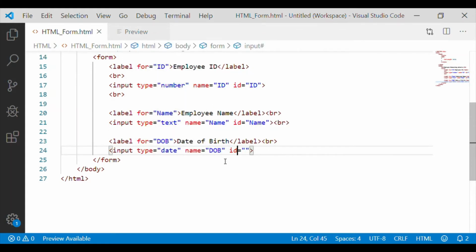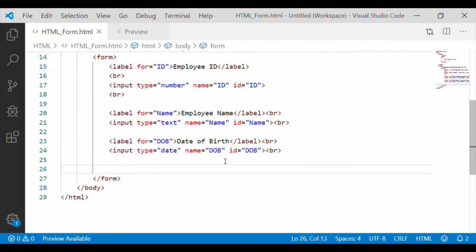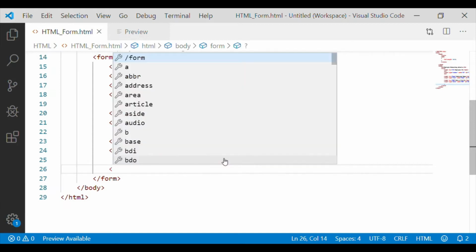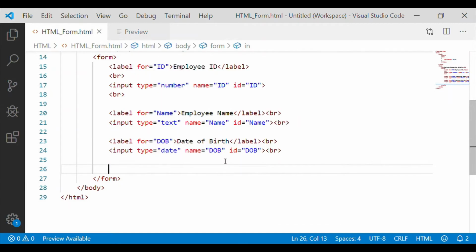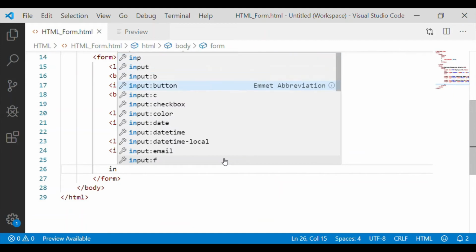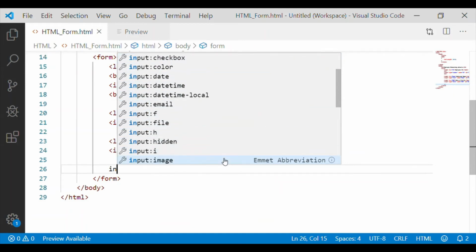Date will allow us to pick from a pop-up date calendar with month, date and year. The pop-up calendar will be picked up based on the characteristics of the browser. So the input type is date for date of birth. The fourth item, let us take something called employee grade.